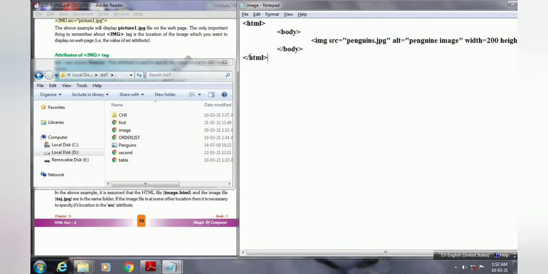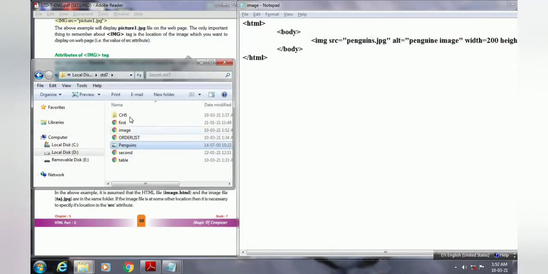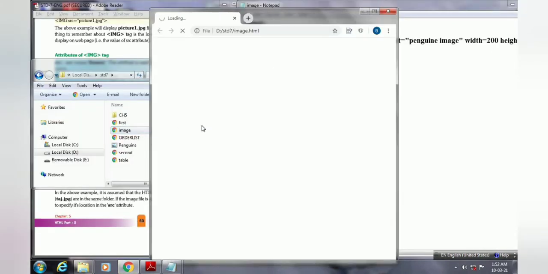You can see we have saved the file here, and the file named image also came here. This image file is in the same folder, and the file in which we have written the code to display the image is also in the same folder. Now to see the output we have to open this image file. Double click on this file, and the browser window will open with the image.